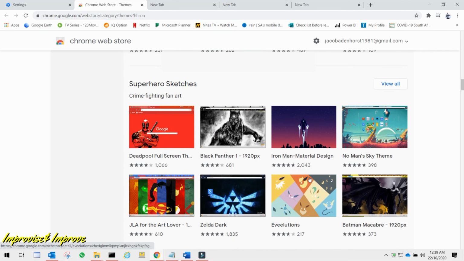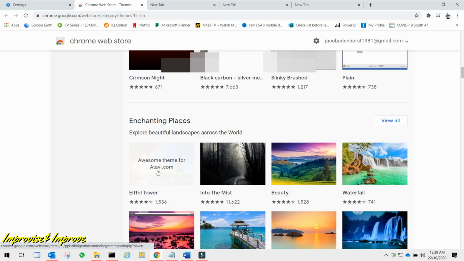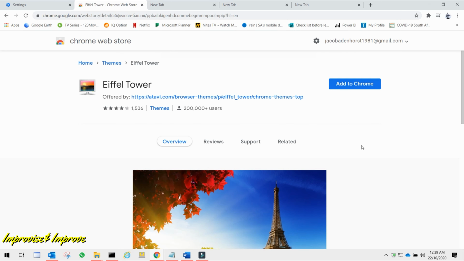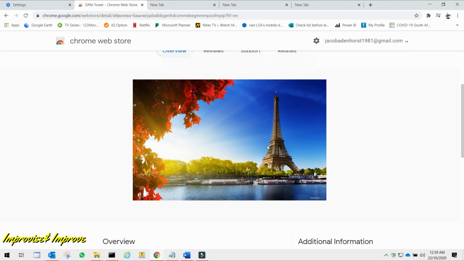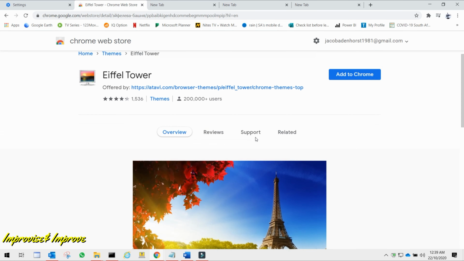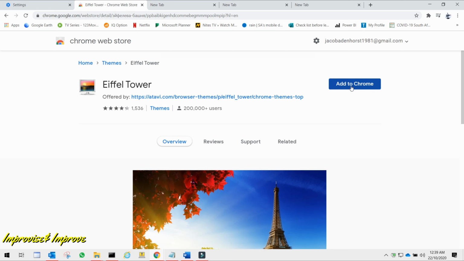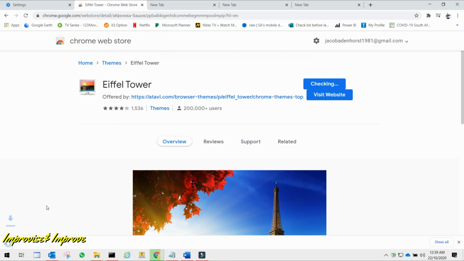Let's just use this one. If you just click on it, it will open the picture and you can get a glimpse of how it's going to look. And then to add it, you just say add to Chrome. Then you'll see in the left bottom corner it's downloading. Then we just have to wait for it to finish, and then it's going to install. As soon as it's installed, it will